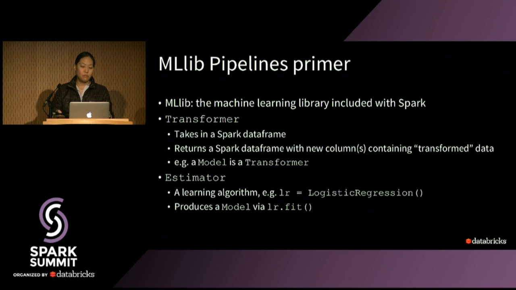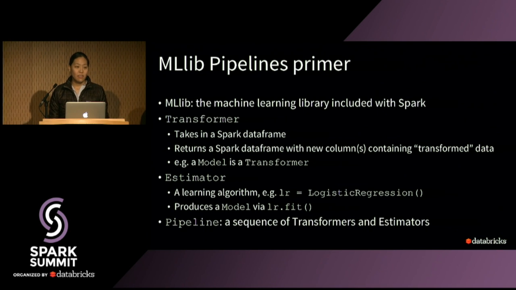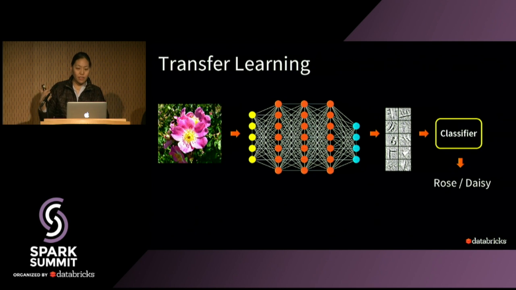And a model is really a transformer because it's going to take features, most likely, and output a set of labels or probabilities. And other popular transformers are actually feature transformers. So things like one-hot encoder and those things are all transformers. So you can imagine you can string a bunch of these, and then what we get is a pipeline. So these concepts are pretty similar to what's in scikit-learn and so on, but MLlib provides this API with distributed computation. Right? So if we go back to the transfer learning example,